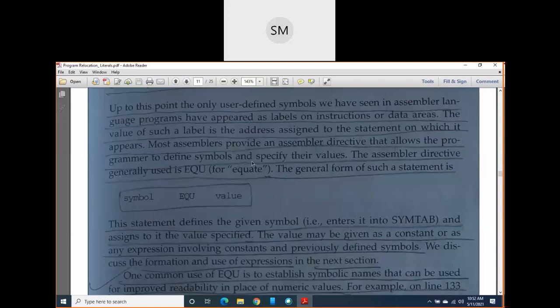When you define these symbols, the symbol will be inserted into the data structure SYMTAB, the symbol table, along with its value. The symbol table, operation table and literal table I am discussing are all structured as hash tables.